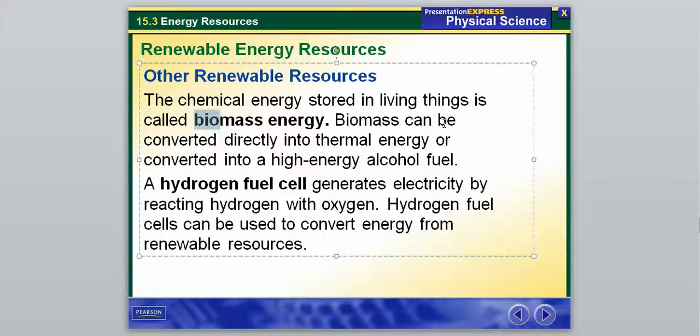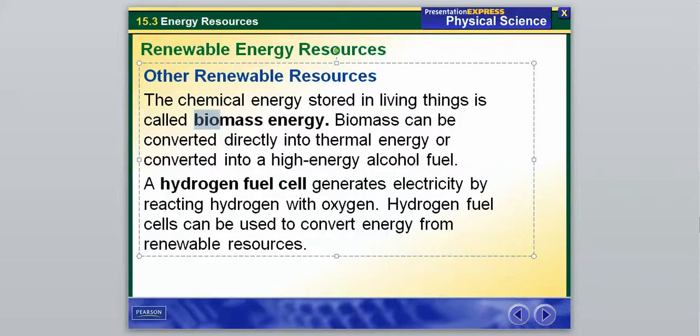So right now, if you have any farmers in your family, they might be selling some of their corn to different plants that are using ethanol, and that's again going to be an alternative to gasoline. And then another renewable source is what's known as a hydrogen fuel cell, and this generates electricity by reacting hydrogen with oxygen. These cells can be used to convert energy from renewable resources as well. This is kind of just like a little supplementary thing that could be used in association with some of our